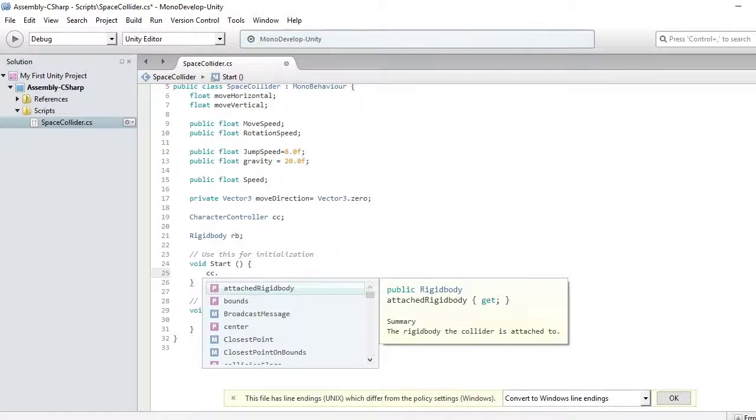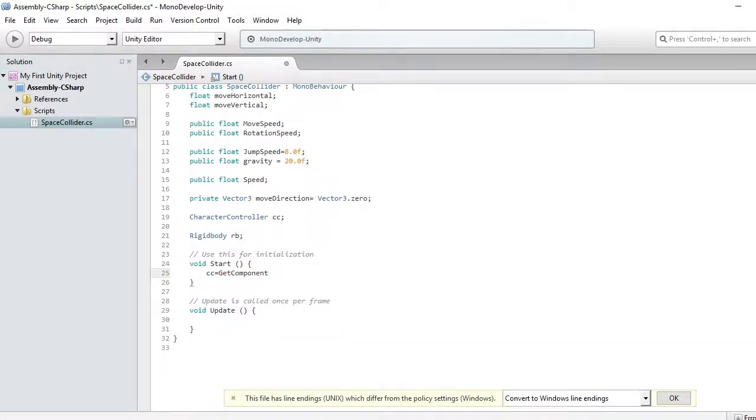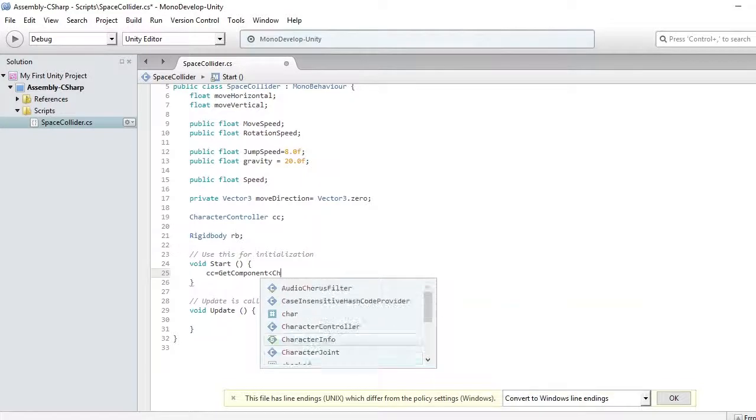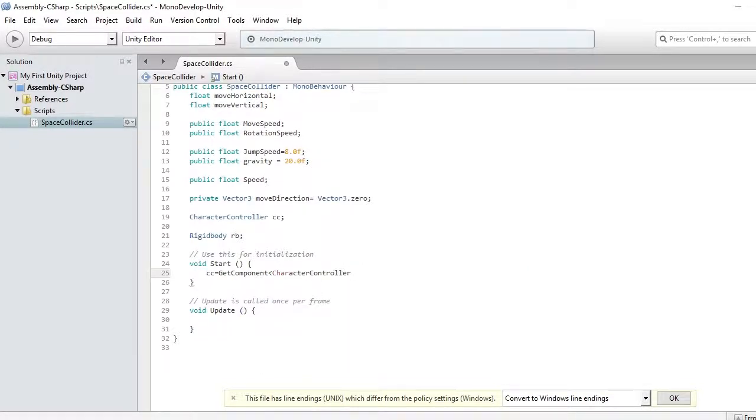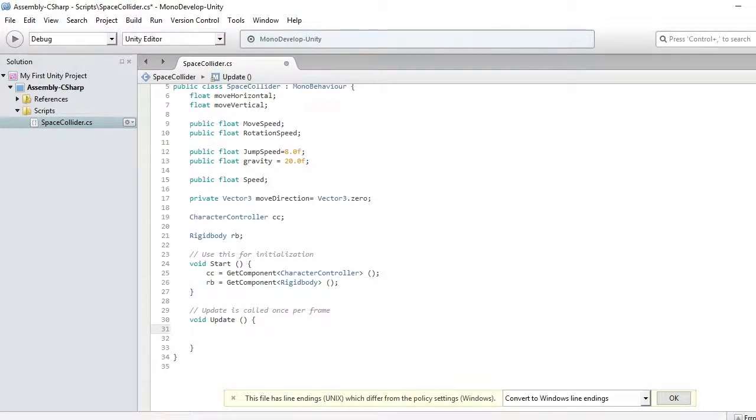CC equals GetComponent CharacterController. Oh, rigidbody equals GetComponent Rigidbody. So what's next? Oh, void Update. So here